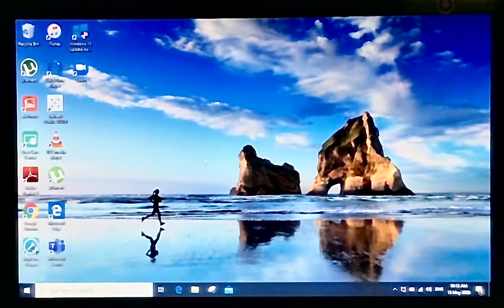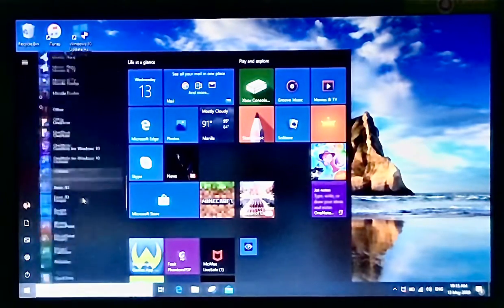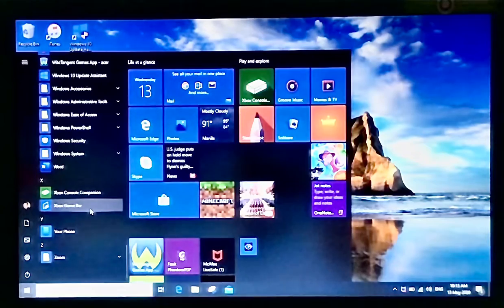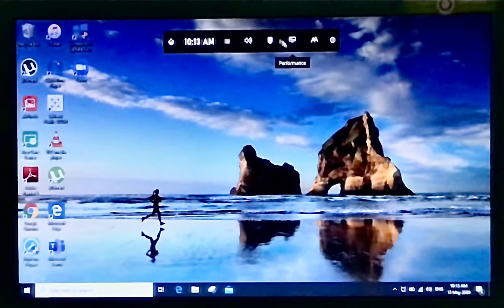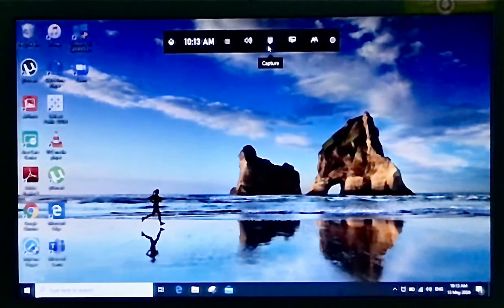Now I'll show you how to take a screenshot and how to record your screen in a Windows OS without installing any app. First, let us click the Windows button, and then let's look for the Xbox Game Bar. So let's click the Xbox Game Bar, and then the pop-up will show, and then click the capture button, and